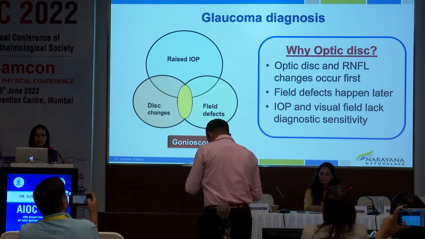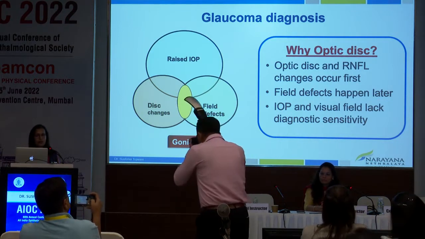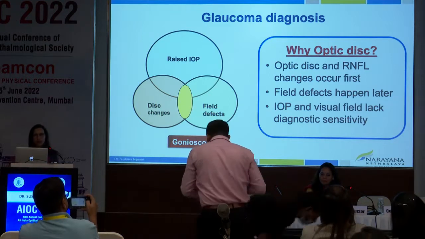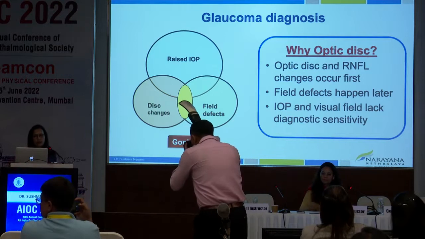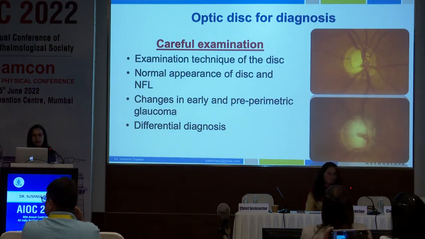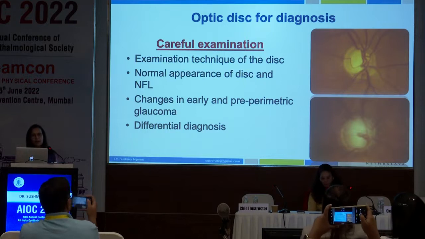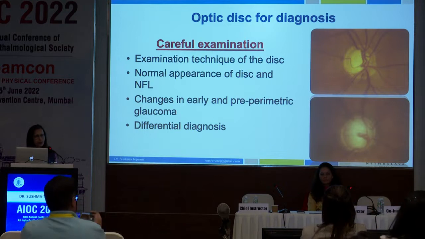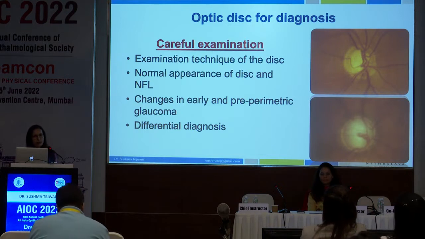The intraocular pressure and visual fields can lack sensitivity, there can be an overlap, and the anatomical changes definitely happen earlier than the functional changes, and that's how we need to look at it. So we definitely have to learn how to carefully examine a disc and understand what is the proper examination technique, so that we can understand what is the normal appearance of the disc in NFL,